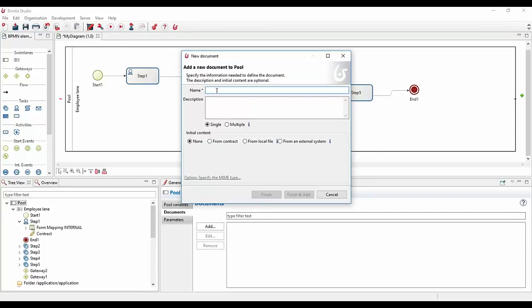So let's say doc1, that's the name of this variable, and I can provide that from a local file, so I will be able to browse my file and make it a default value, this kind of thing. But you can see also that we have an external system, so we can have what we call a JED or a CMS to make sure that we get this file from an external system, a content